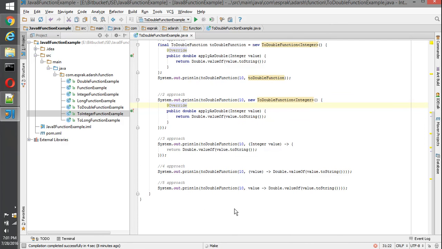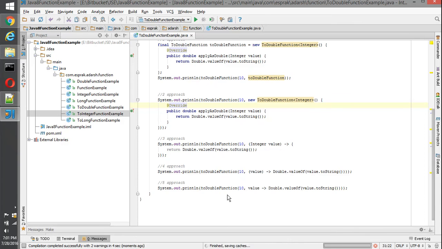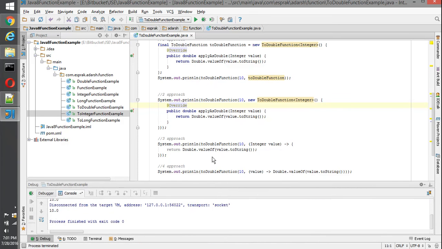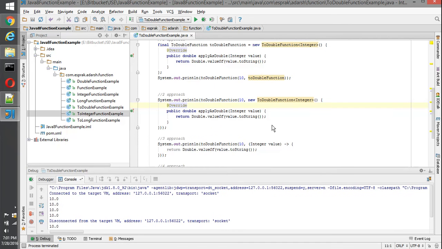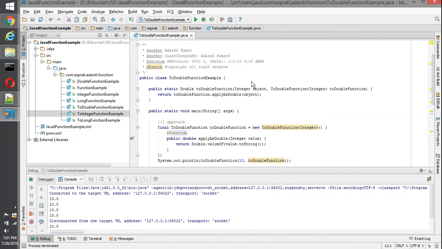In the fifth approach, if I execute this piece of code, I'm going to get the output five times, which is similar but with different approaches. That's how we can use different sorts of functions.